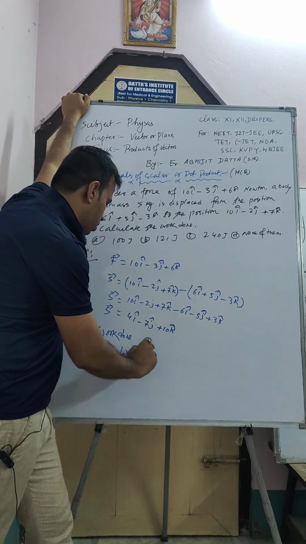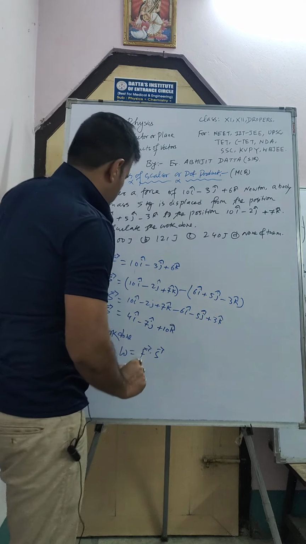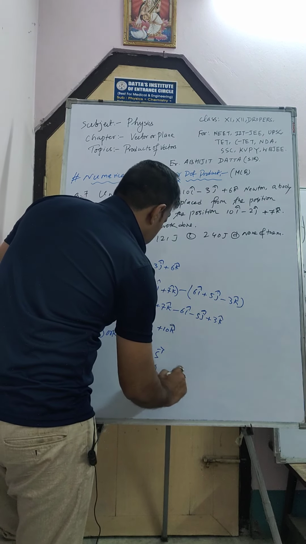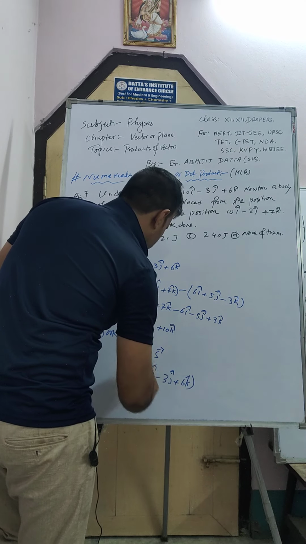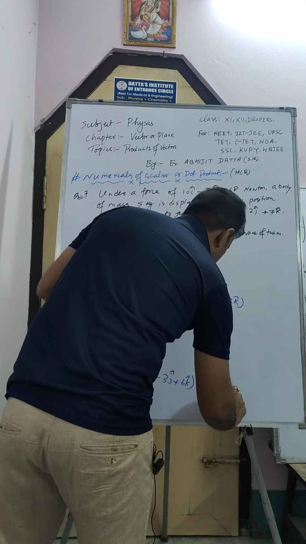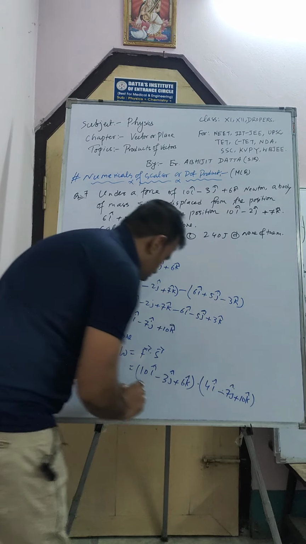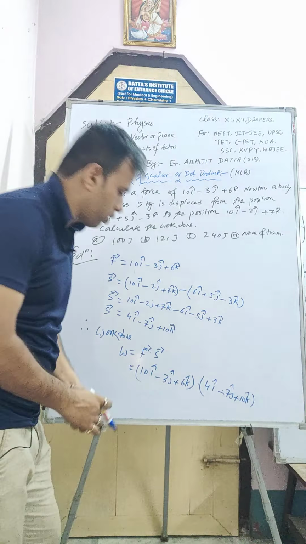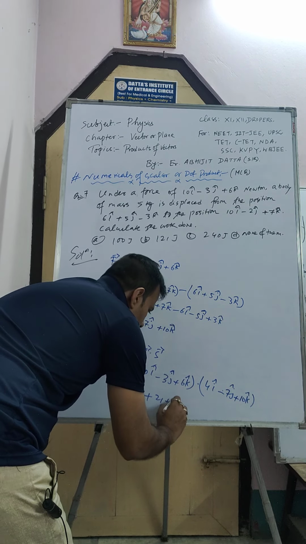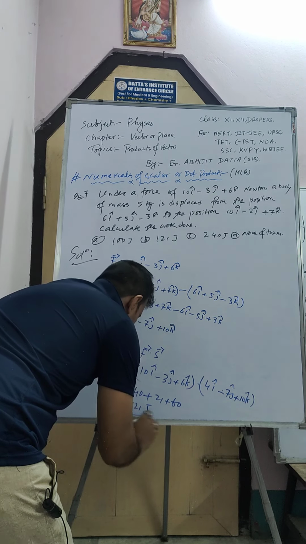Okay, now the work done, W is equal to F dot S. F means 10i minus 3j plus 6k dot 4i minus 7j plus 10k, right? Okay, so now do the simple dot product here. It will be 40 plus 21 and 60, that is 121 joule. So work done will be 121 joule.